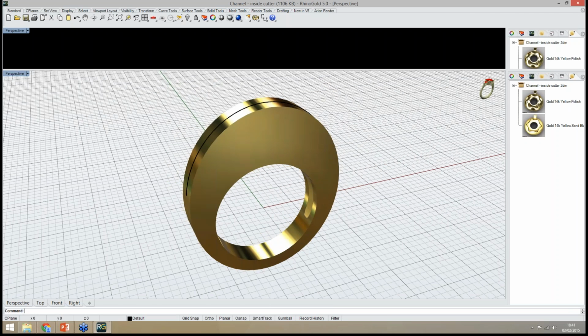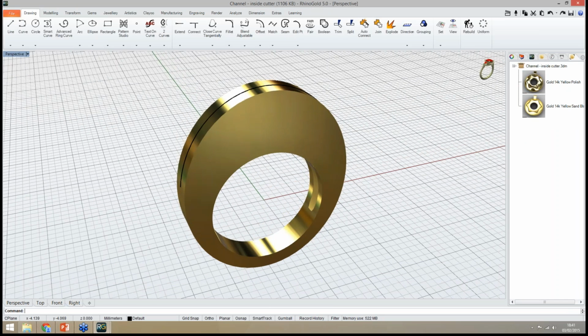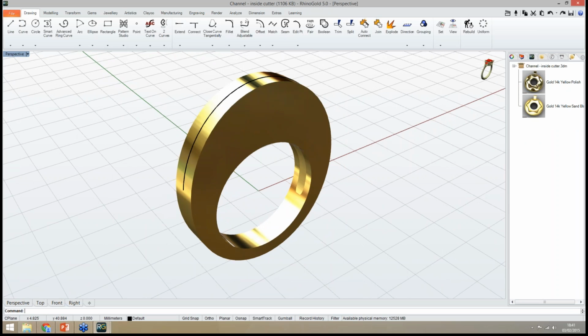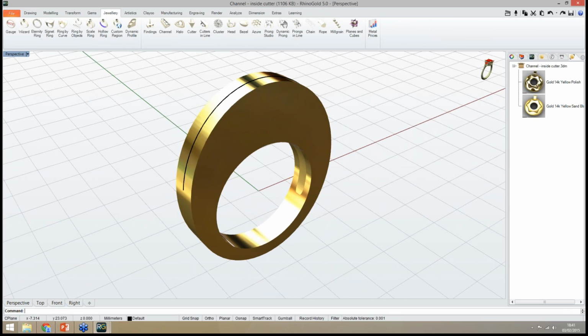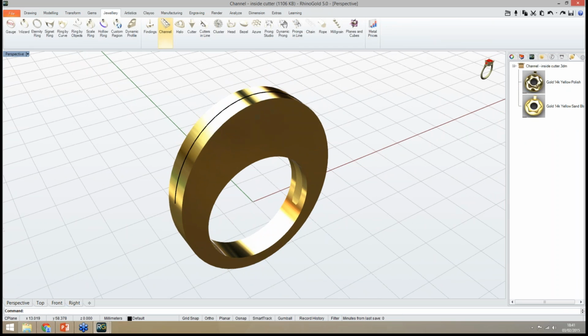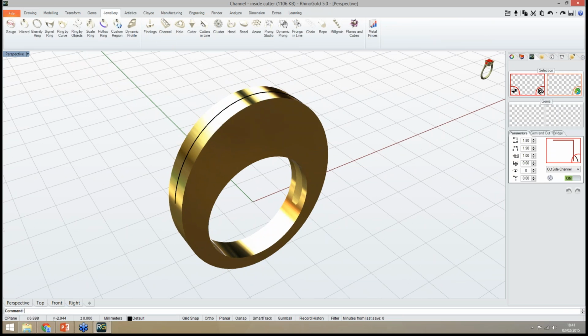Okay, so let's see the Channel Studio tool. Let's see the difference between the previous channel tool we had in RhinoGold and the new features we have in this tool.